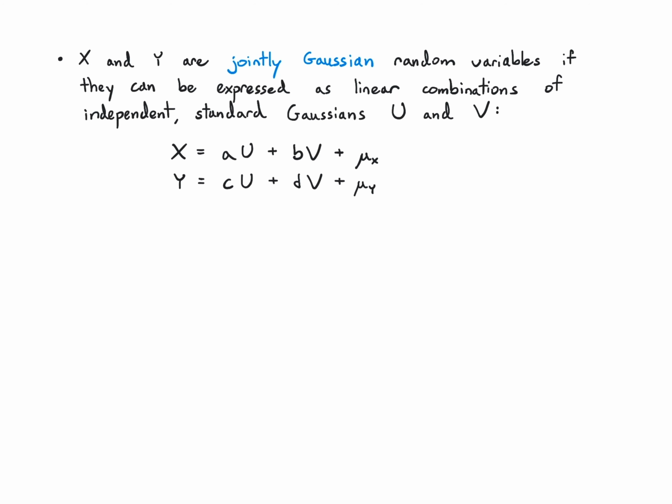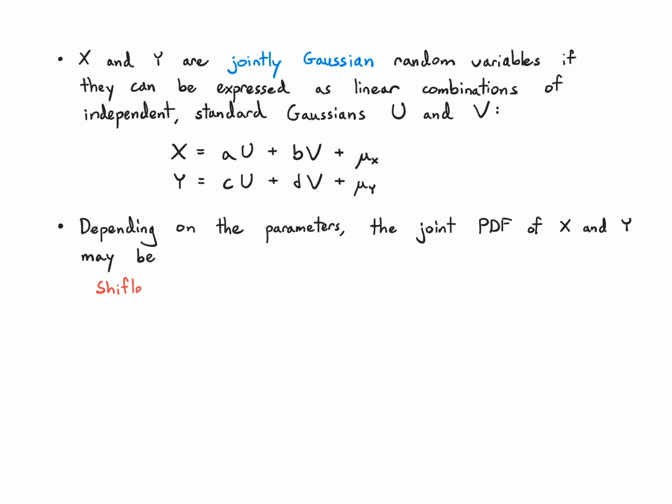Okay, so it doesn't matter where u and v come from, they just have to exist behind the scenes, but I need to be able to show that x and y can in fact be written as linear combinations of these independent Gaussians, plus some mean offsets. All right, and the idea is that depending on the parameters that I pick here, the joint PDF of xy might be